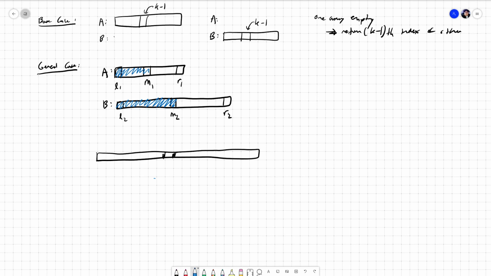So in the best case, all of these blue elements would be contiguous, so that if this length is k,